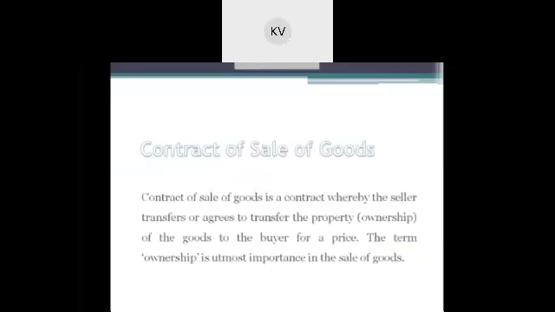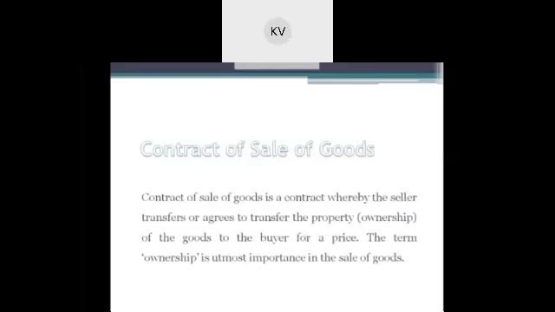In this lesson, we are going to see the formation of the contract of sale. The Sale of Goods Act is one of the most important acts coming under special law. This act was passed in the year 1930. Prior to this act, it was governed by Chapter 7 of the Indian Contract Act 1872. Contracts for the sale of goods are subject to general legal principles applicable to all contracts. So the Indian Contract Act continues to apply to the contract for the sale of goods.